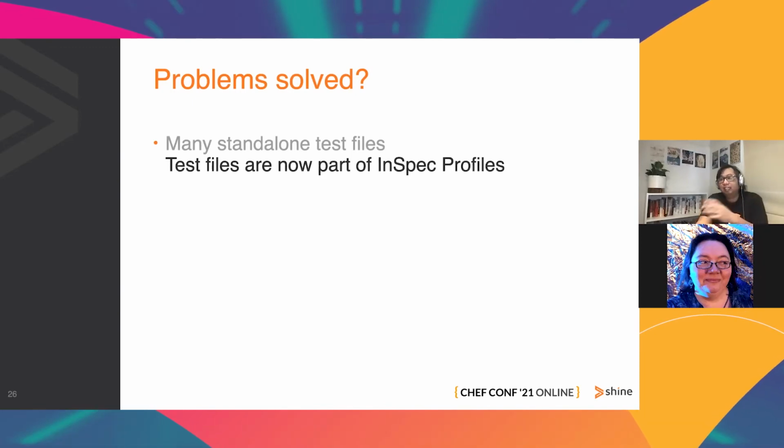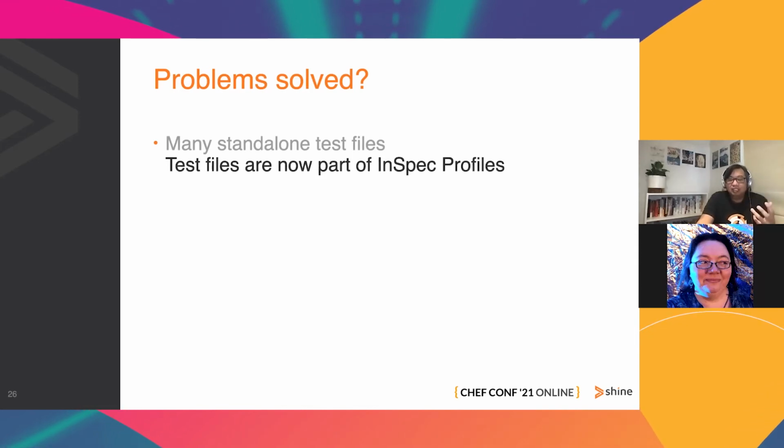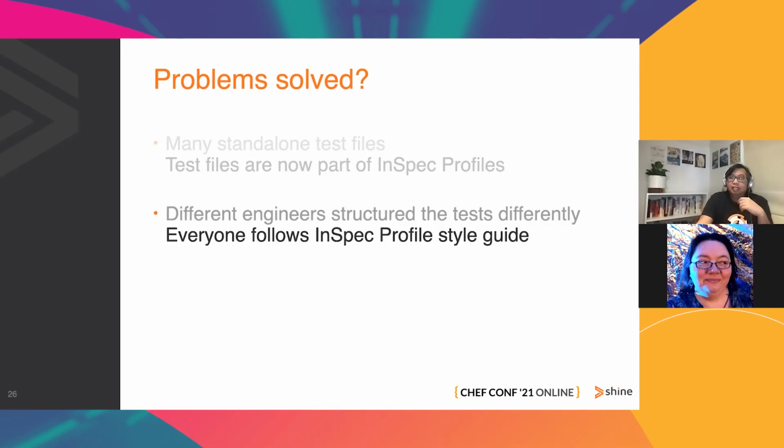So if the next engineer picked up a new feature requirement, then the person can decide whether that testing has to be added to inspect AEM at the application level or at the environment level, or is it security specific, or should we introduce a new domain? And then the next problem, different engineers structure the test differently.